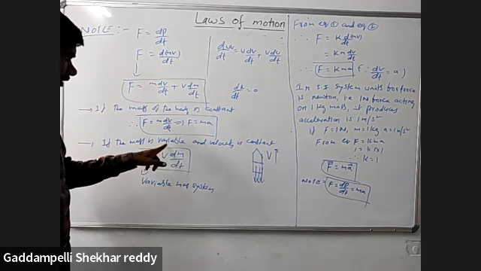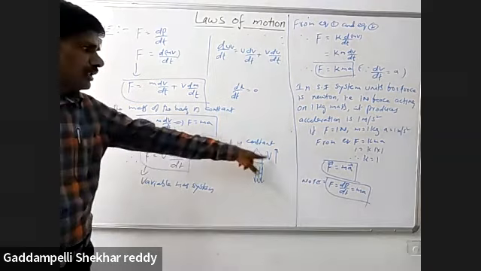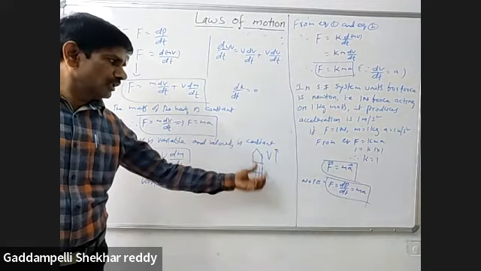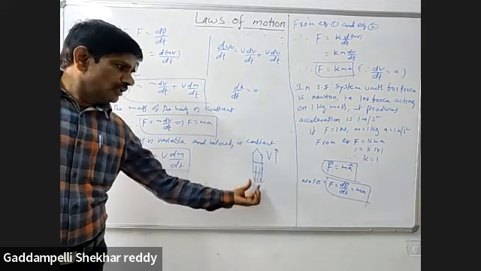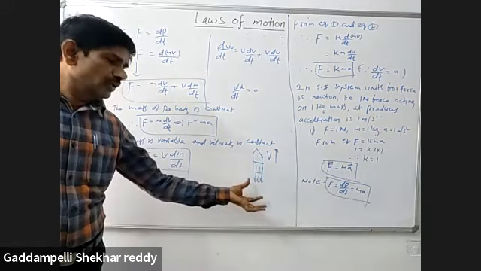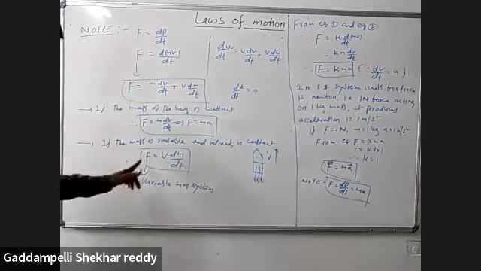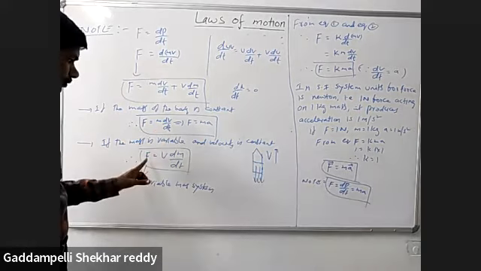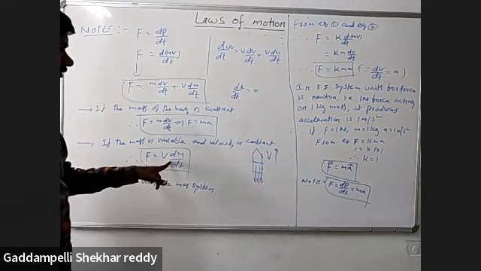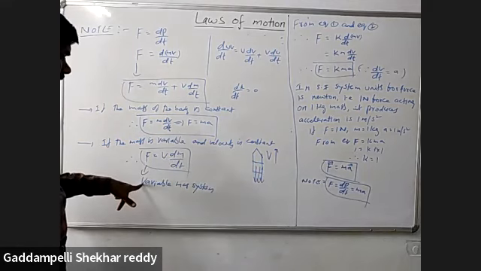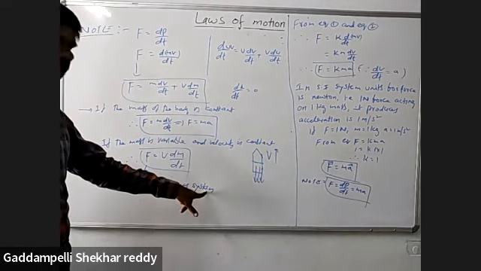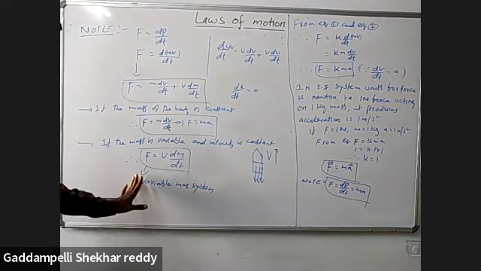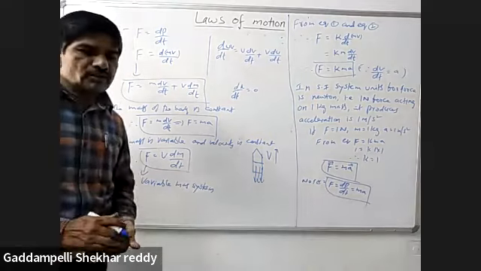If the mass is variable and velocity is constant, as in the case of a rocket moving upward with uniform velocity, the fuel inside the rocket burns, so the mass reduces every moment. Since the velocity is uniform, the m dv by dt term becomes 0, and only F is equal to V dm by dt remains. This force is known as the variable mass system.